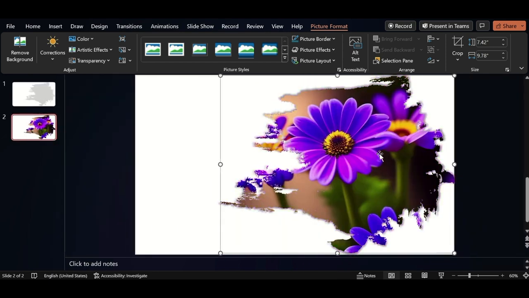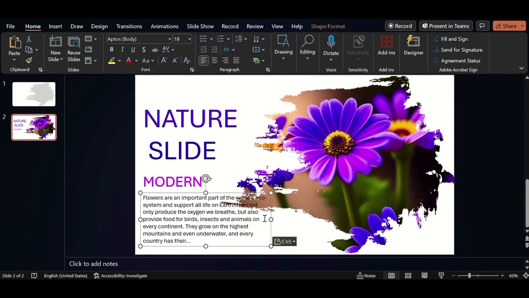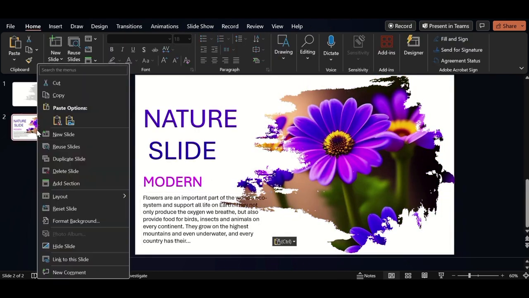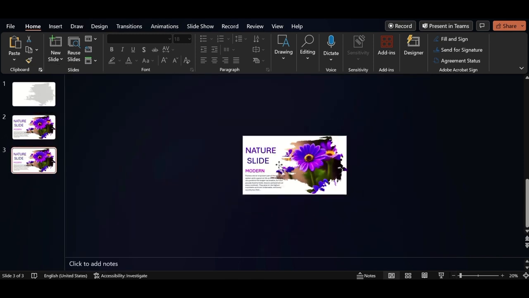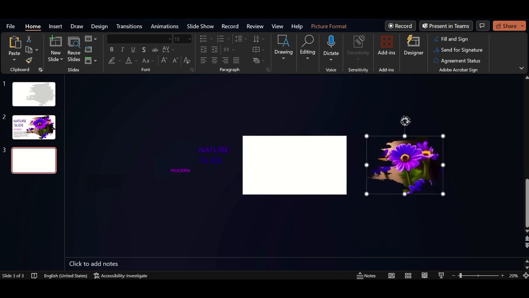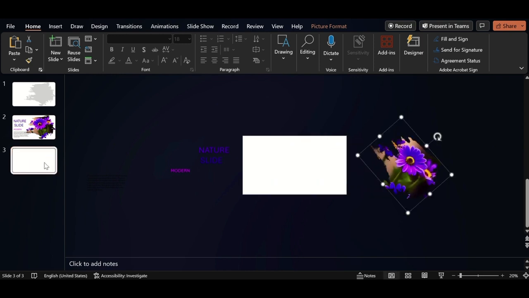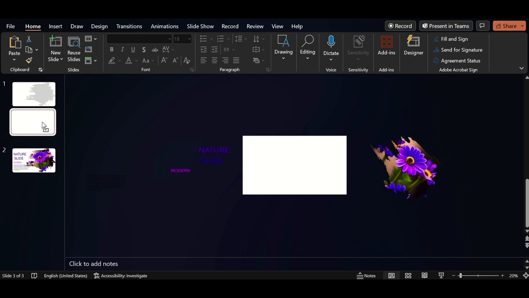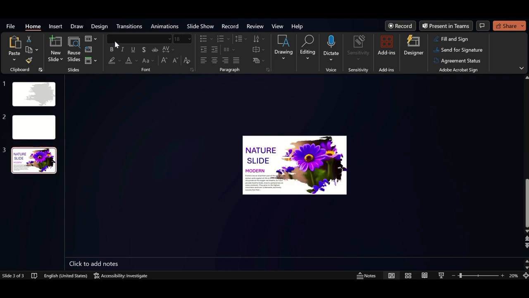Whatever PPT you are creating, highlight information here. Click on right button, duplicate the slide, zoom out the slide, select text boxes and shift to the left side like this. Also select picture and shift to right side, slightly rotate, move third slide to second position, go to